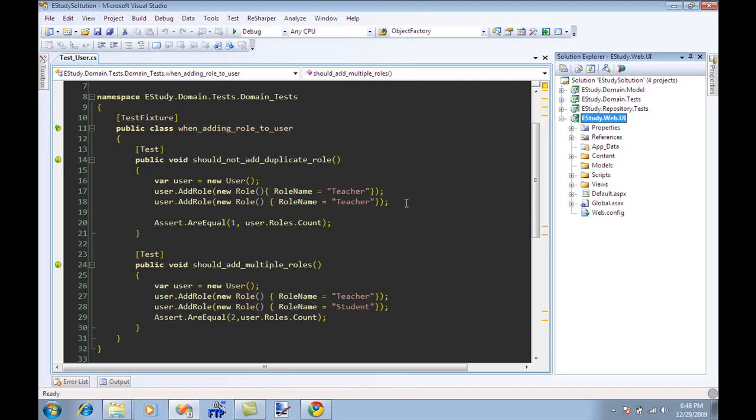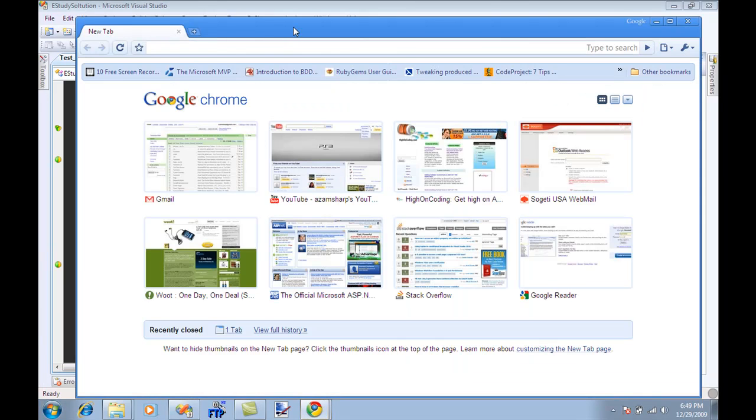There are a couple of agile tools that I will be using. Right now I'm using NUnit. I'm using StructureMap for dependency injection. If you haven't checked out the video on High on Coding about StructureMap, I highly recommend that you do so. If you want to download this project right now, then let me go to GitHub,